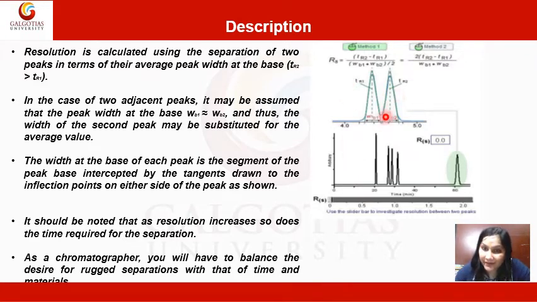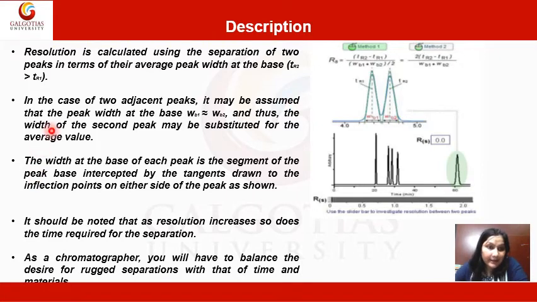The first peak we will get at this time. Suppose this is 4.2, 4.4. Okay, we will get this peak at 4.4 minutes and this peak at 4.6 minutes. Okay, so TR1 is the retention time, 4.4 minutes, for component 1 and 4.6 is the retention time of component 2. Okay, this is the retention time, the time that a component spends with the stationary phase, or the time after which the component will be eluted from the column.